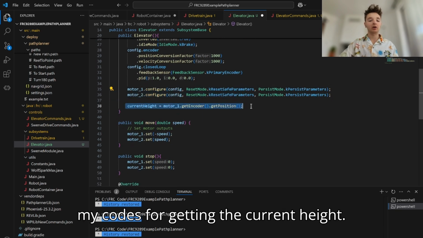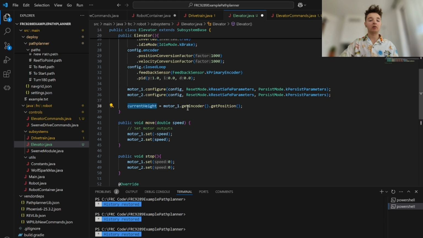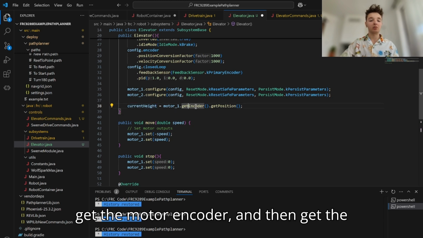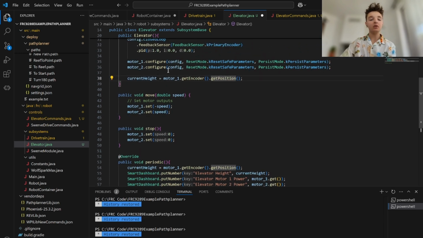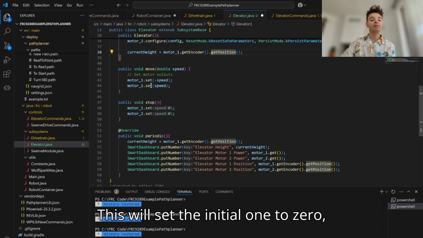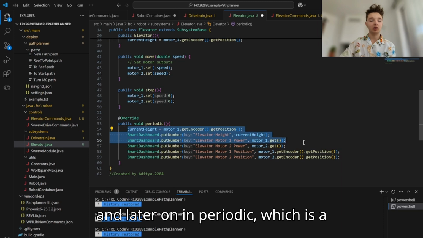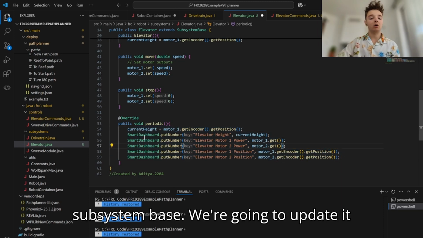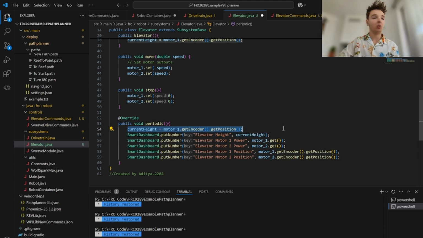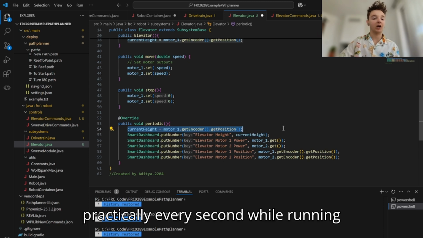And then I have my code for getting the current height. Each motor has an encoder, so you just get the motor encoder and then get the position for that motor. This will set the initial one to 0, and later on, in periodic, which is a method we're going to be writing for subsystem base, we're going to update it so whenever the periodic runs, which is practically every second